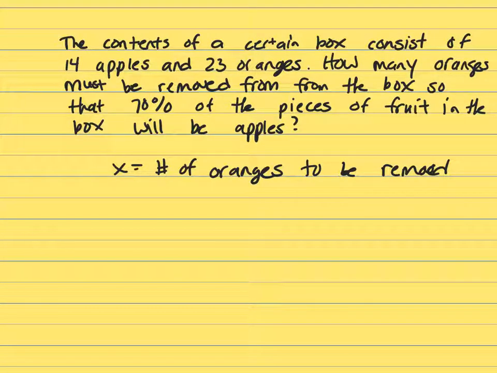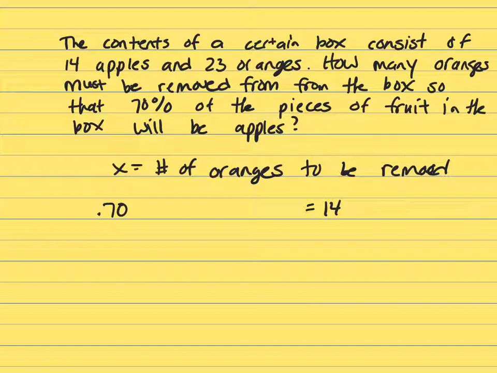We want 70% of the pieces of fruit in the box to be apples. So I'm going to write an equation, and I want it to equal 14, because 14 is the number of apples. And I'm letting X be the number of oranges to be removed. The contents of a certain box consist of that. How many oranges must be removed from the box so that 70%